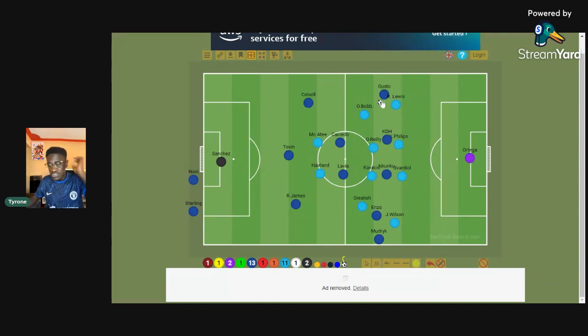Down the left, when Gusto had the ball, Gusto was not so good on the ball, and I cannot blame him. Number one, Gusto is not a winger. So in this position, he was afraid of taking the fullback on. That is one thing. He was afraid of taking the fullback on because he plays like a traditional fullback.